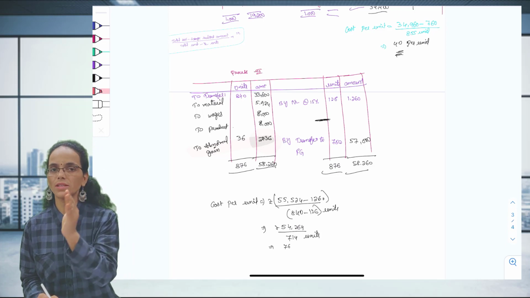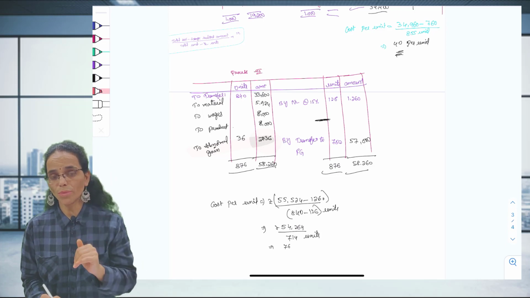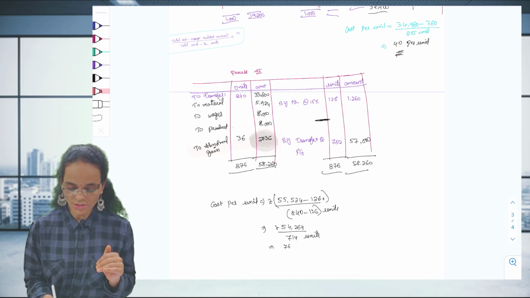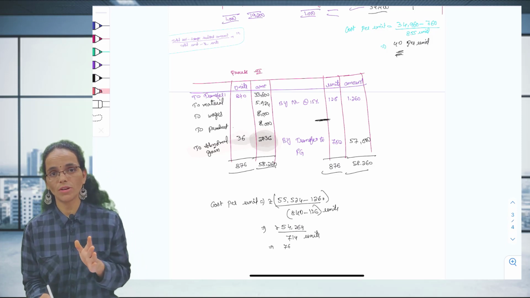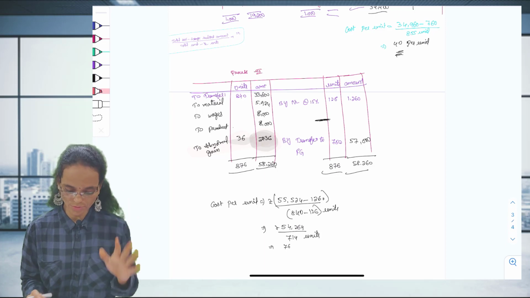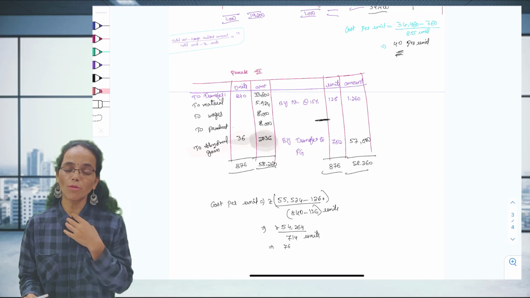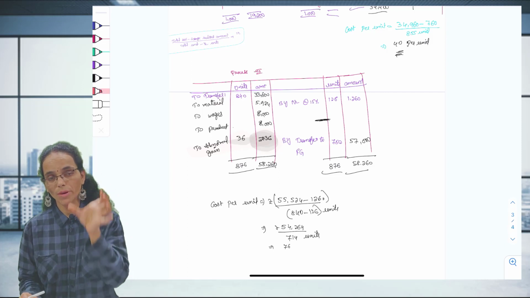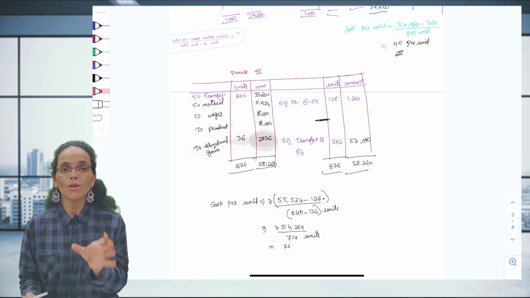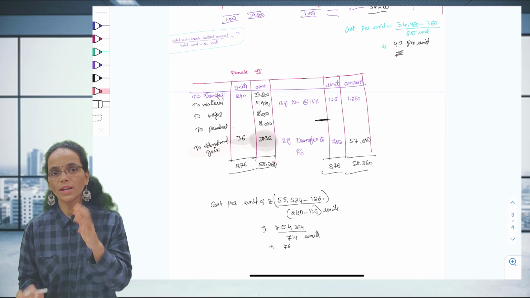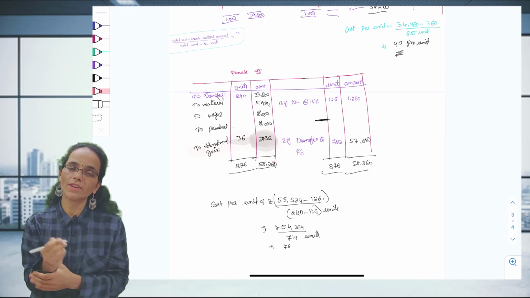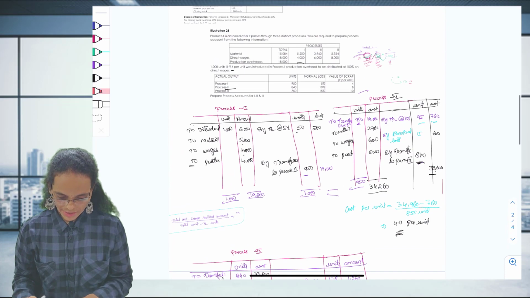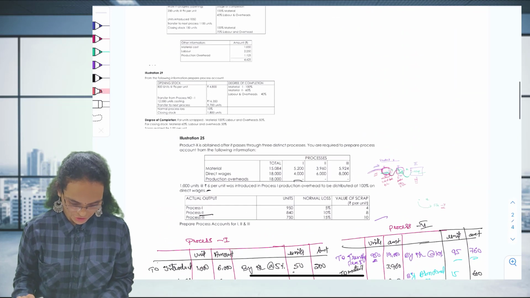Side by side, some other numbers also. If you do the complete problem, then only you will come to know what the number is, what the cost is, and how many units are abnormal units. Even though the examination is in online mode, you need to solve the questions on paper. Then only you will get the answer, and then you will choose the right answer given in the MCQs. Right. This is the first question we have done.